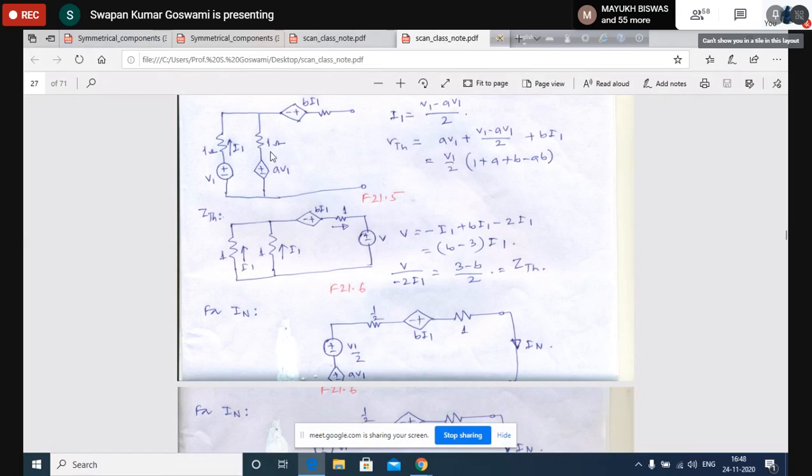Actually you should be able to do this, the Thevenin voltage determination is already known to you, that is nothing new. But the determination of Thevenin impedance is somewhat new, because in the previous semester whatever you have done, you have simply manipulated the impedances. Parallel combination of impedance, series combination of impedance, star delta conversion, and things like these you have done. Now